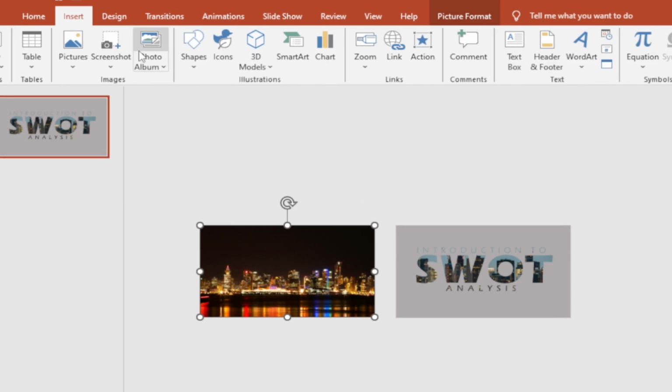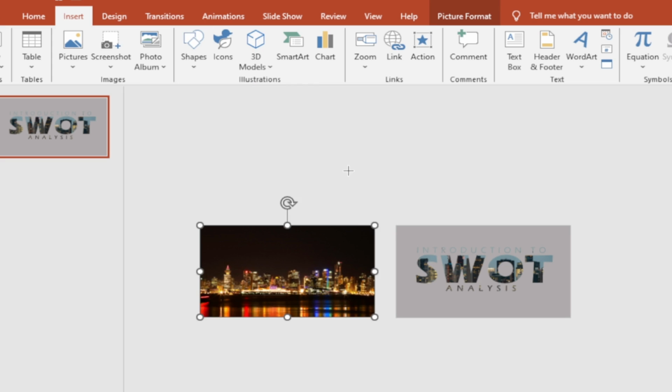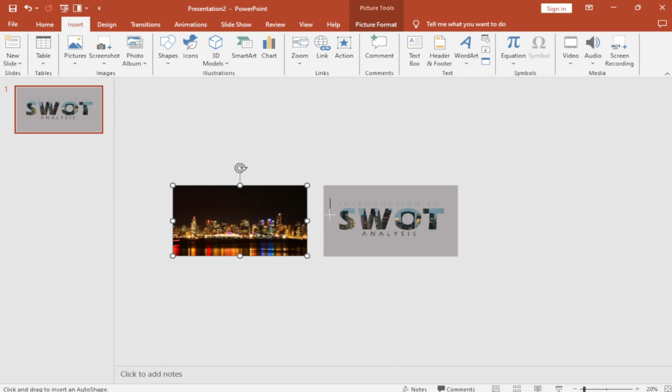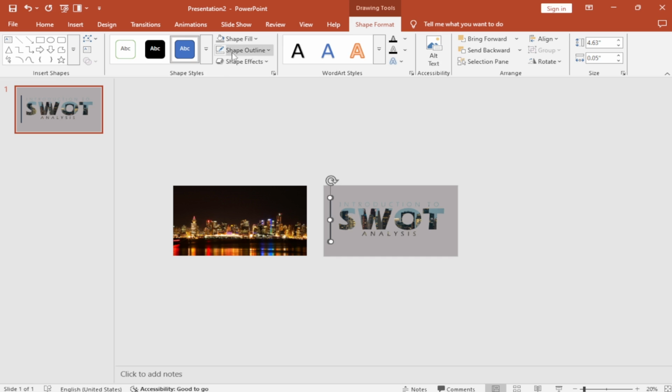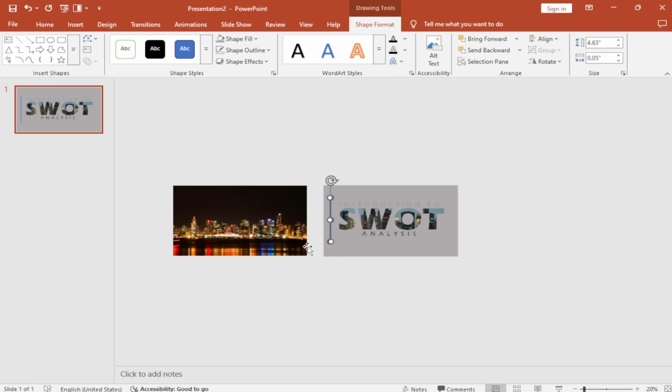We go to Insert, come to our shapes, and then select the rectangle, and then come over to this place and draw just a small one that we are going to use. Remember, because this is tiny, the shape is going to be a bit tiny as well. Awesome. Now having done that, come over to Shape Outline and say No Outline, and then let's go to Shape